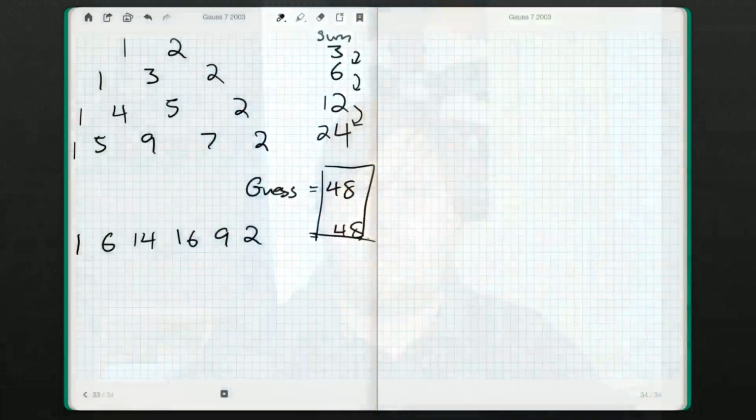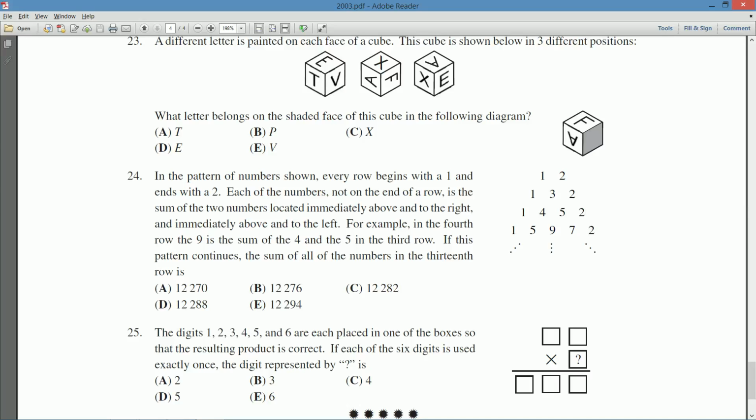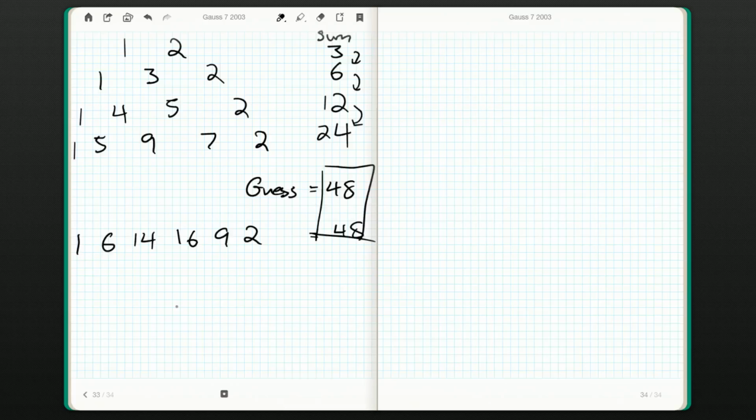And that was one of the answers, I believe. If we go back to the actual contest paper, D, 12,288. That's going to be our answer. Okay? But we can go a step further and convince ourselves that this should be the answer by asking, well,